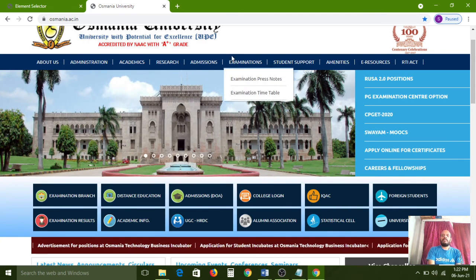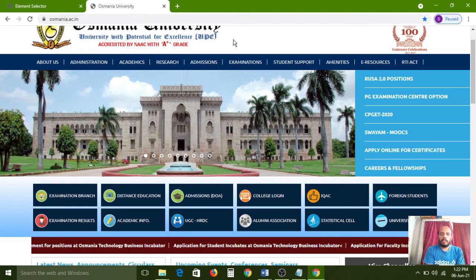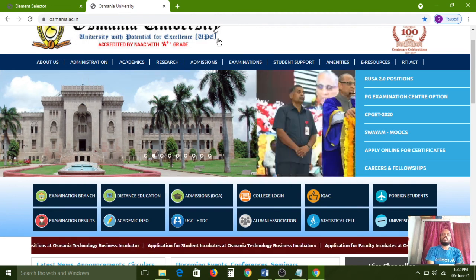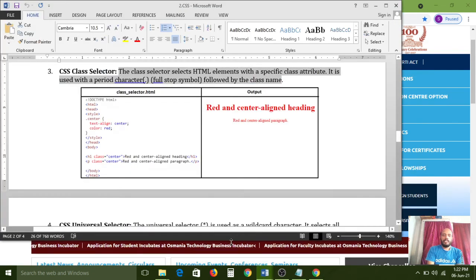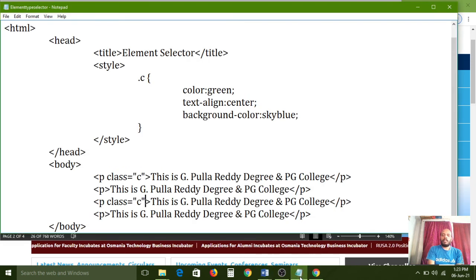But if the code is written once and used one time in your website, that is called the ID attribute, and this is called the class attribute. Understand? This is called the class attribute. Here I have given that example also. And a class starts with a dot followed by the class name. That class name we need to configure with the class attribute, in between double quotes. Here center is given, so that name I have configured here. I have assigned it with the class name. For every element, if you want to apply, then you can apply, no problem.